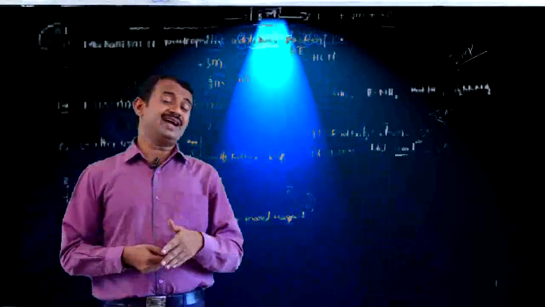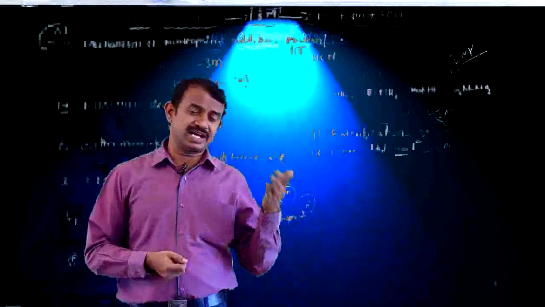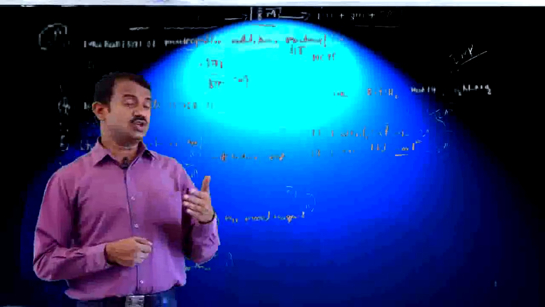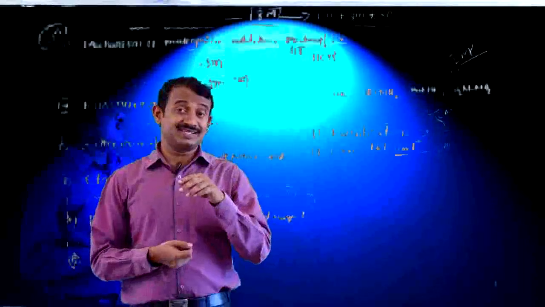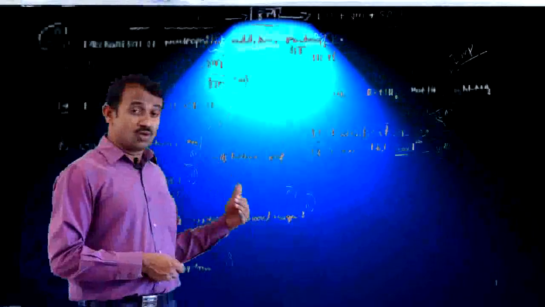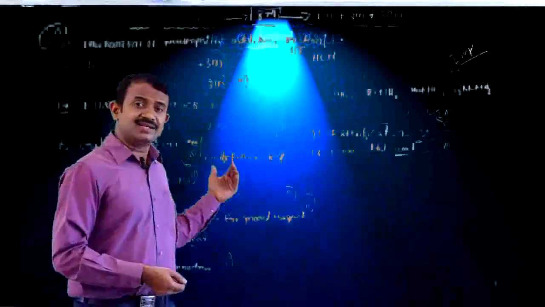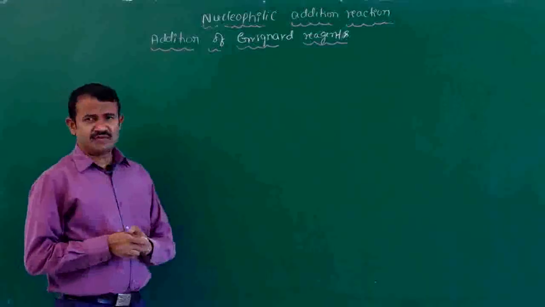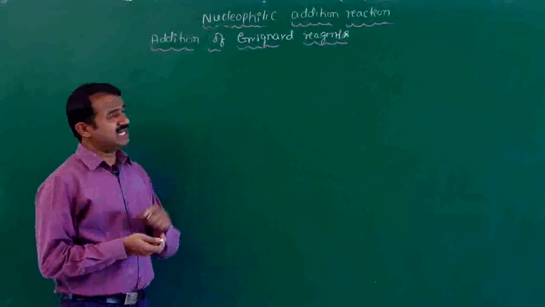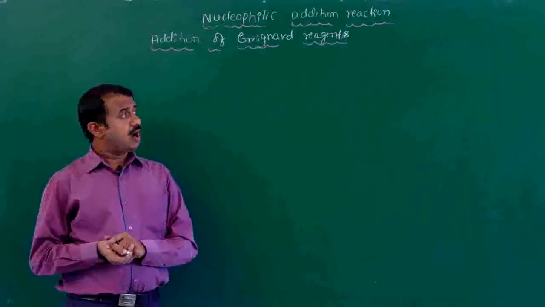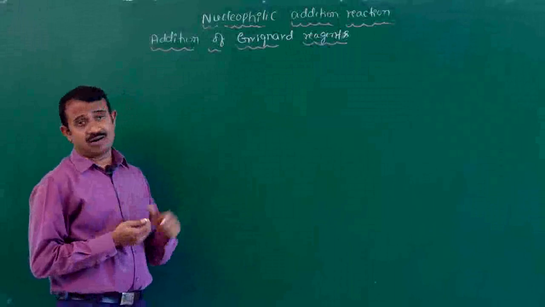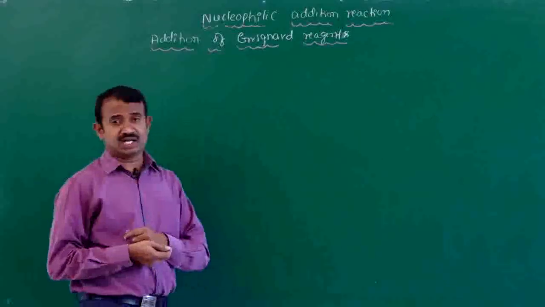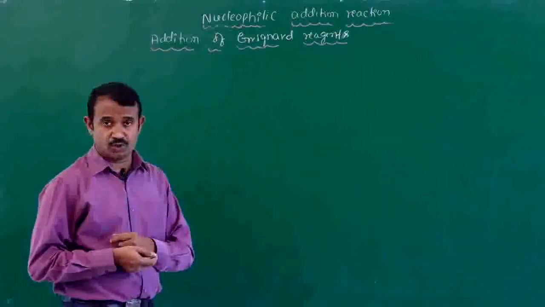One more reaction we have not discussed here: the preparation and chemical properties of aldehydes. When aldehydes react with Grignard reagent, you get primary, secondary and tertiary alcohols, which we already discussed in the alcohol chapter. Next we will go for addition of Grignard reagent. What is the general formula of Grignard reagent? Alkyl magnesium halides are called Grignard reagents. Aldehydes and ketones react with Grignard reagent to form a complex compound.